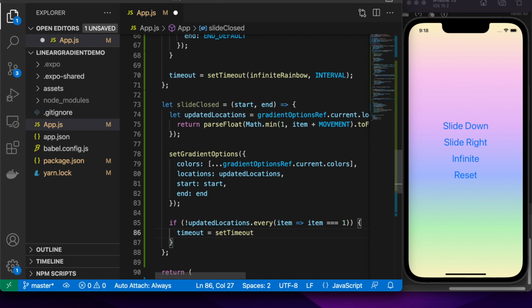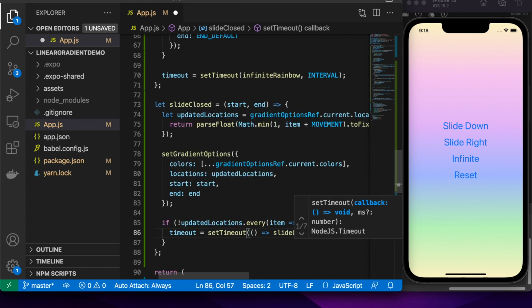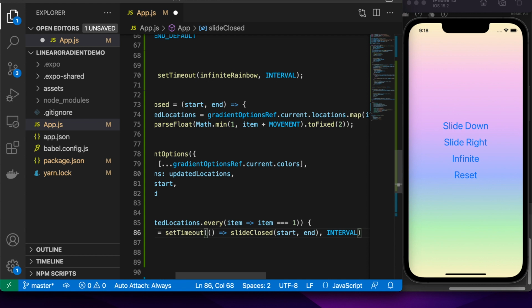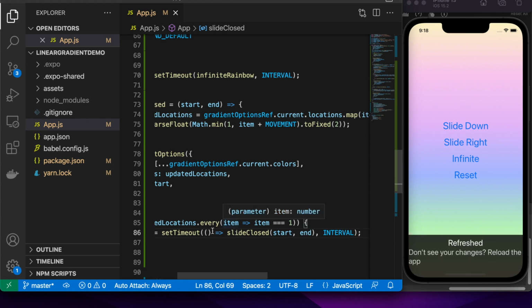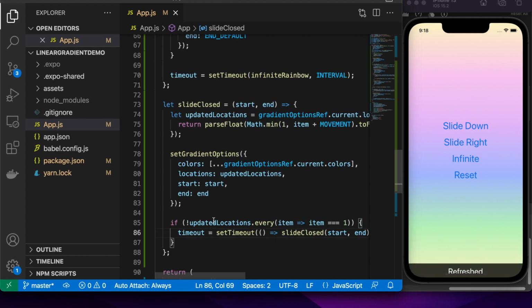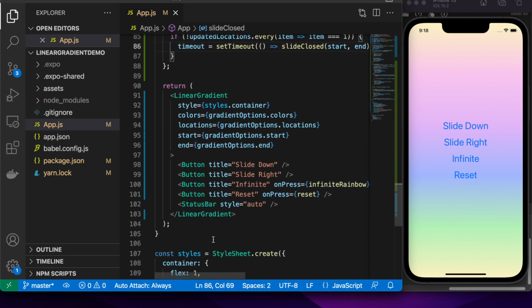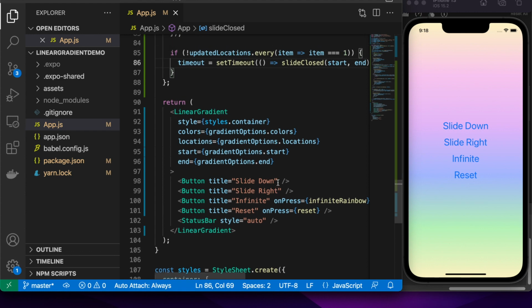So I'll go set timeout, and once again just call my slide close function with the start and end values, and with my interval specified above, which you can play with and it'll give you a different result in terms of smoothness and speed that things move off screen. That's pretty much it.